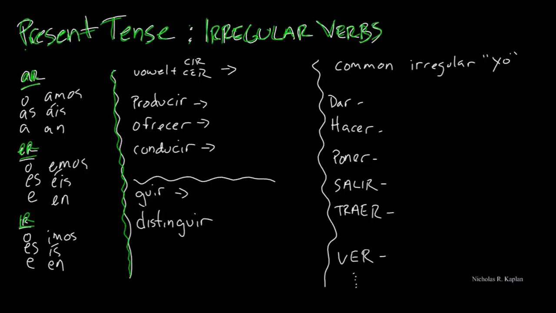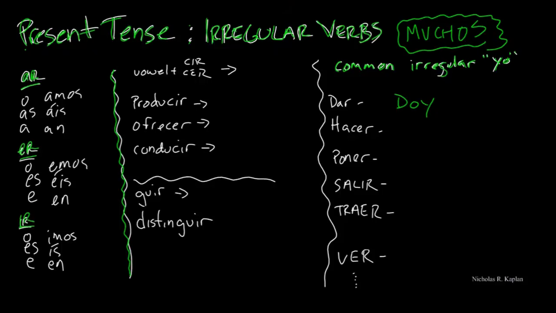We are only going to look at some of our irregular verbs because in Spanish, in our present tense, we have a lot of them. Today we're just going to look at a few. So there are some super common ones that are irregular, meaning they don't follow the pattern, but they're only irregular in the yo form. So dar,